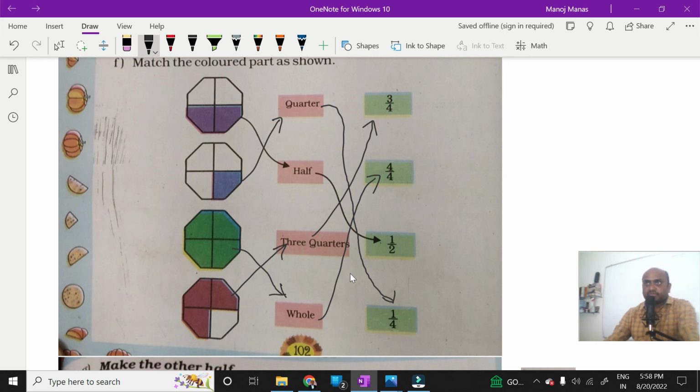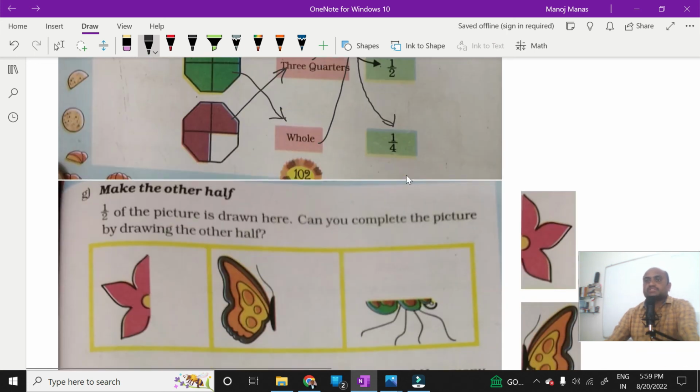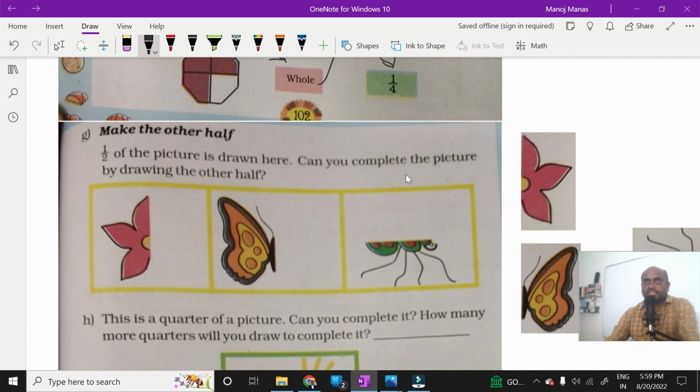Correctly match the partitions, I mean the parts shown in the diagram. So how many partitions are there here? Half, 1/2, 1 part out of 2, and similarly quarter, it is 1/4, whole 4/4, and 3 quarters 3/4. So like that you have to do the activity. And another one is